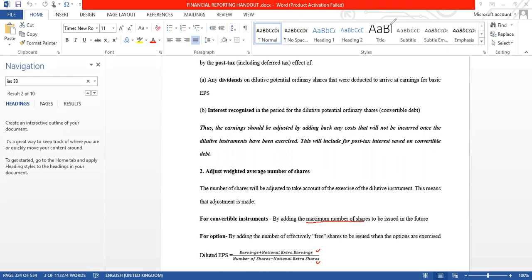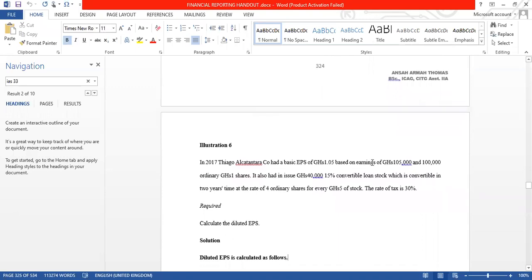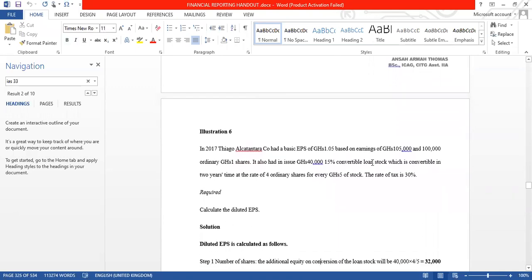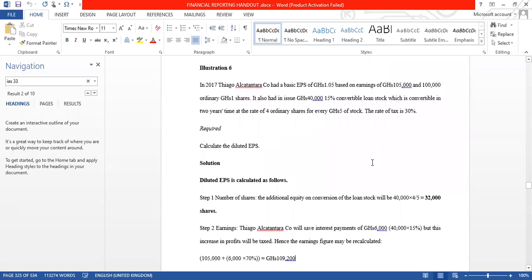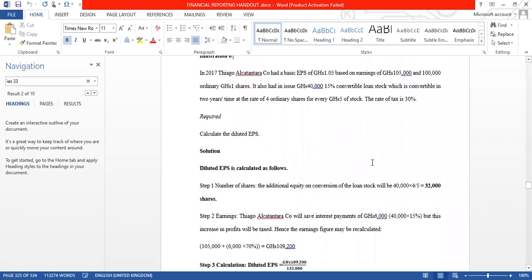Okay, so let's take some figures and try to see how the computation is dealt with. All right. So you see here in this illustration 6,